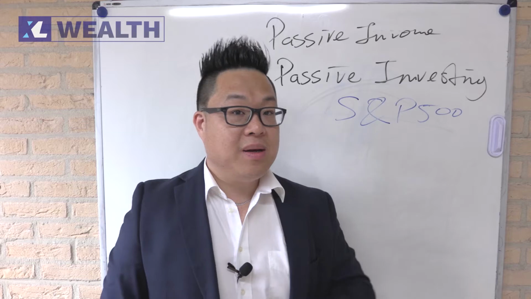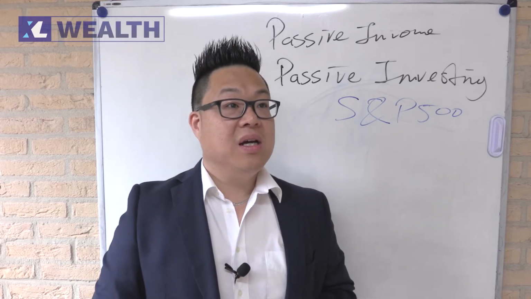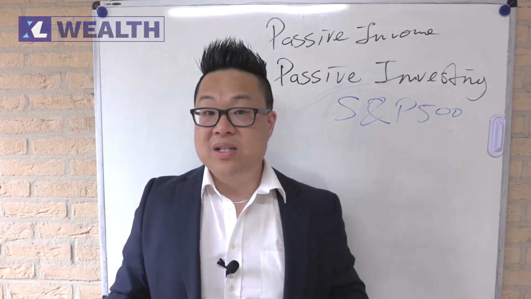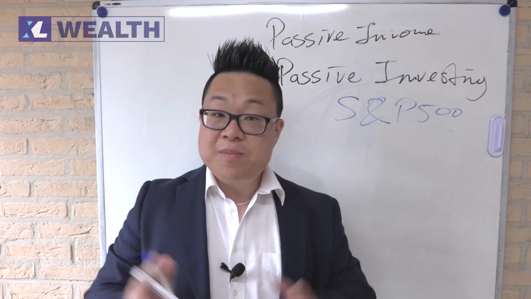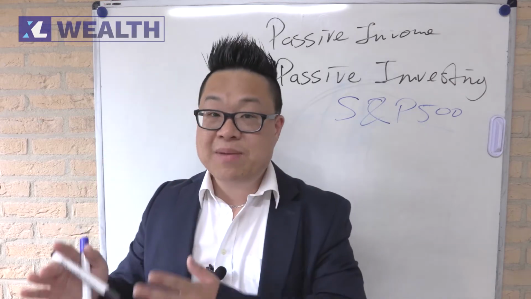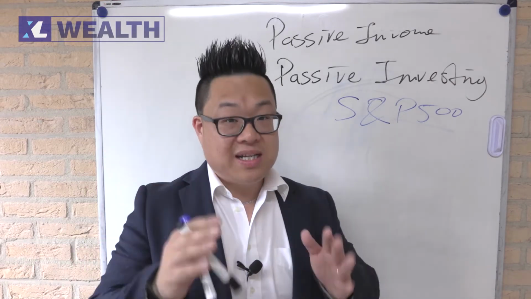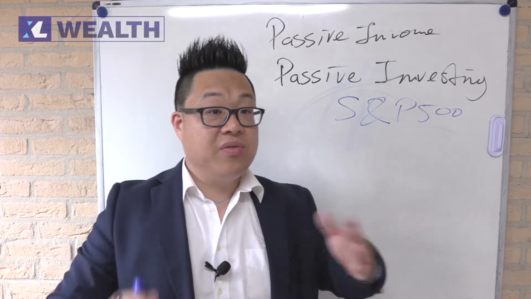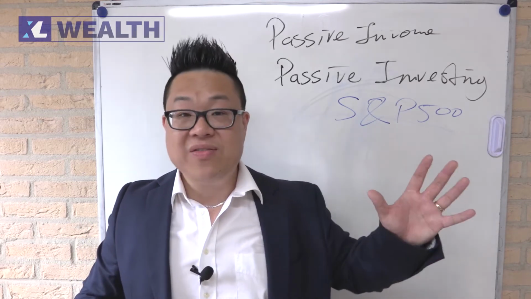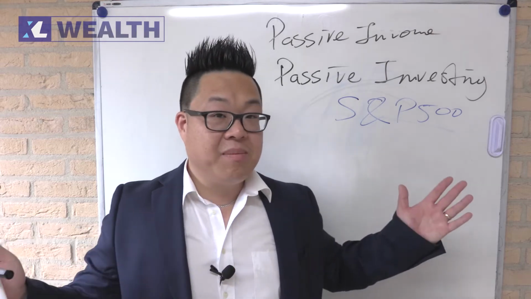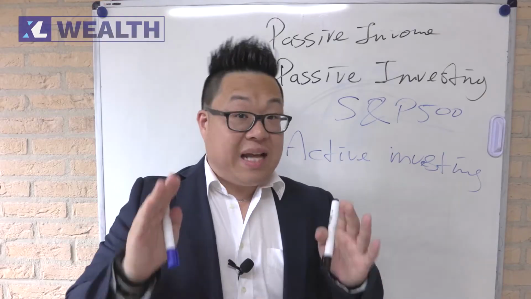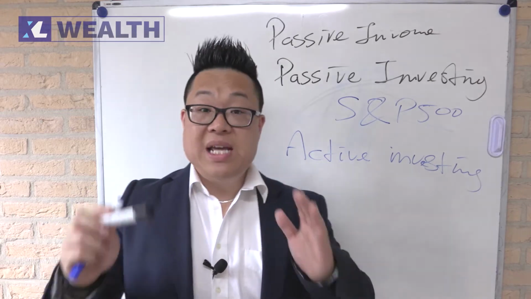There's no work to it, but you have to understand how much return on investment there is. Well, that's what the market decides. If you invest in the S&P 500, it will give you somewhere between 7 and 9% return each year. Well, good for you. If you're 30 years old and you wait until you're 65, there are 35 years to wait and a lot of money to grow over time. That's completely passive.